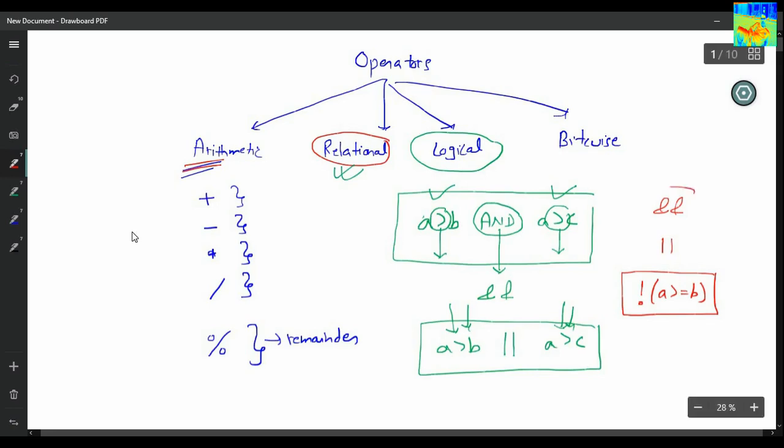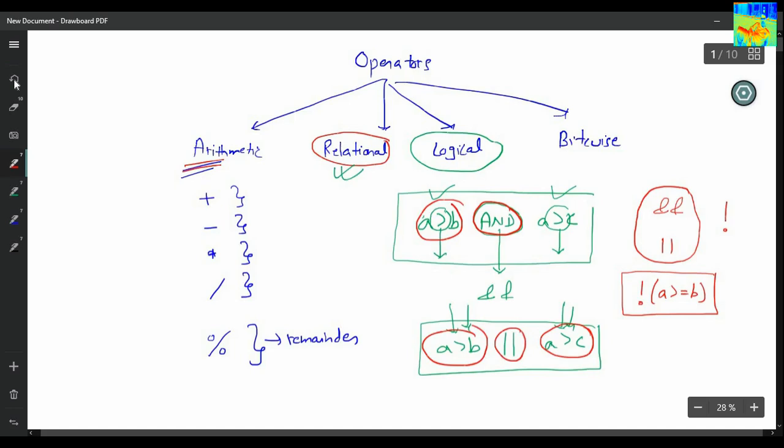These two are the main logical operators. This is also a logical operator, but it is very rarely used. If I want both being true, I will use AND. But if I am okay with one of them being true, then I can use double pipe.